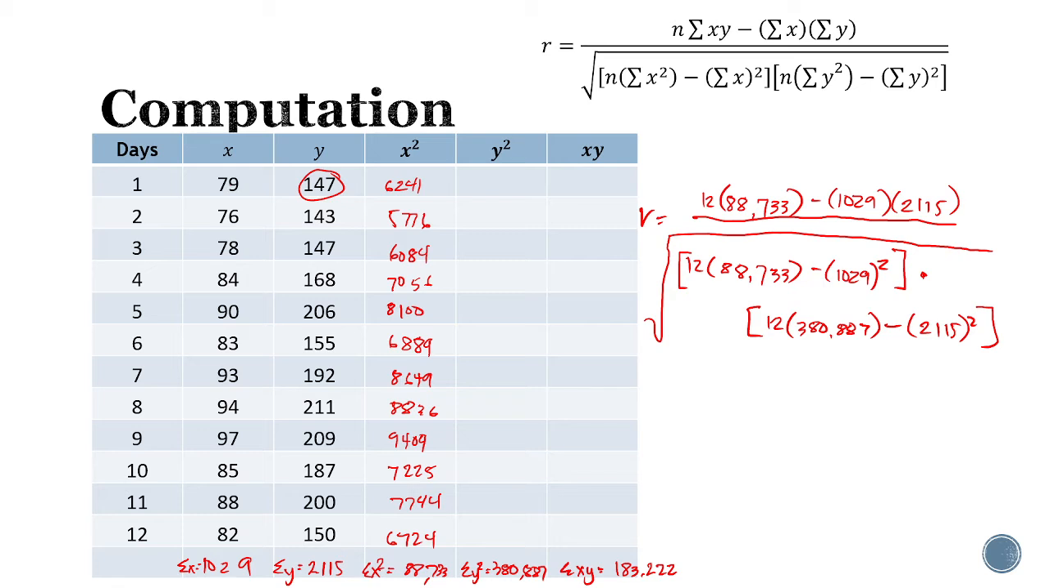So, kung calculator ang gagamitin nyo at cycle ang gagamitin nyo, we will have here a value which is 0.0